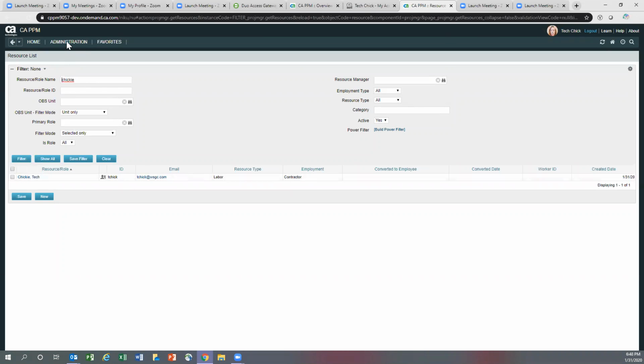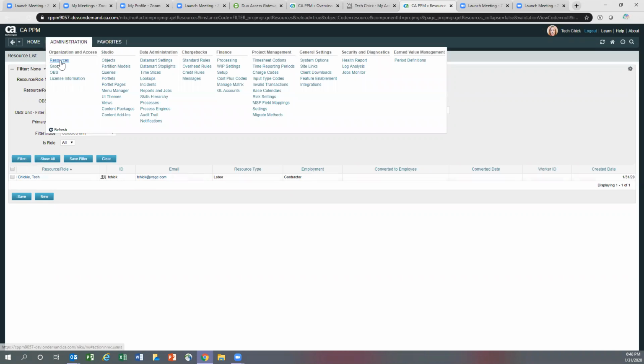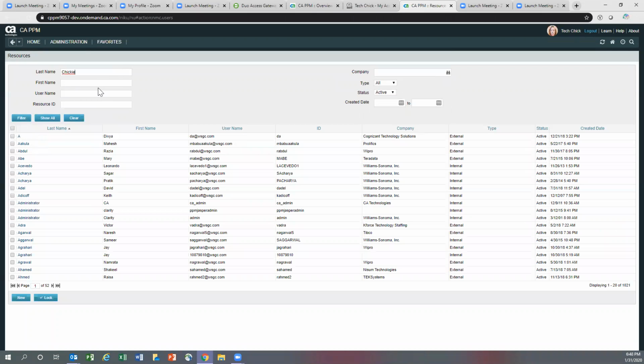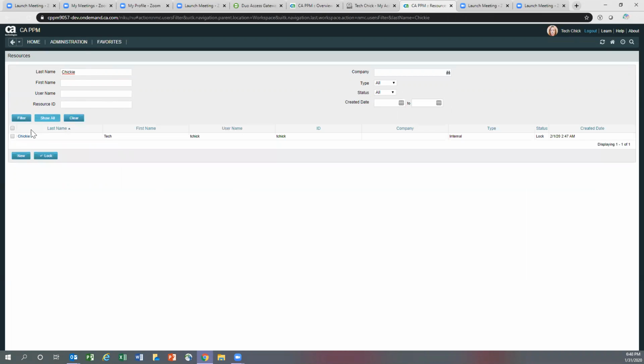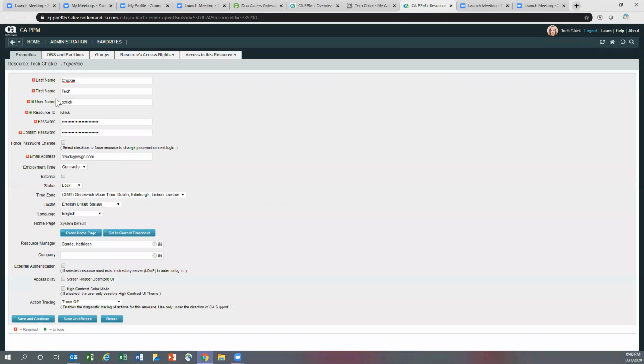All right, now we're going to go to Administration Resources. This is the second screen that we need to go into. They're not active in the beginning, so you need to select all and filter for the last name. And we're going to select that resource. You want to make sure the username is set to the email address so that when they do log in,